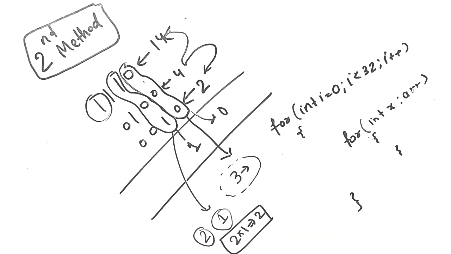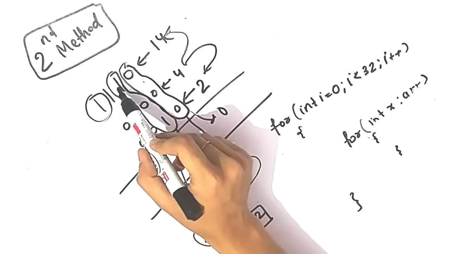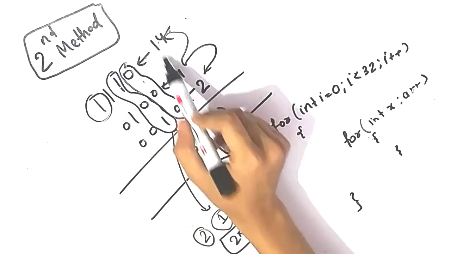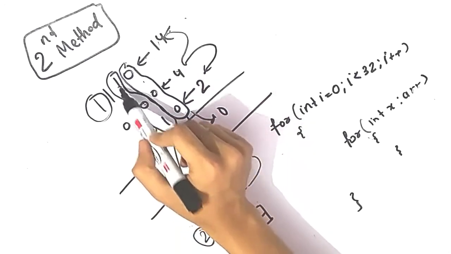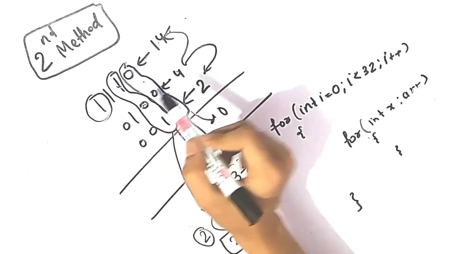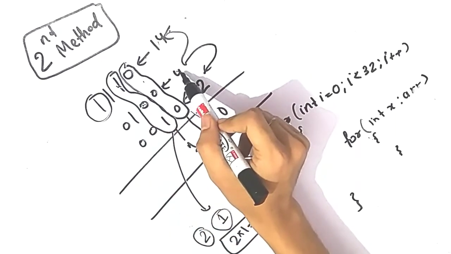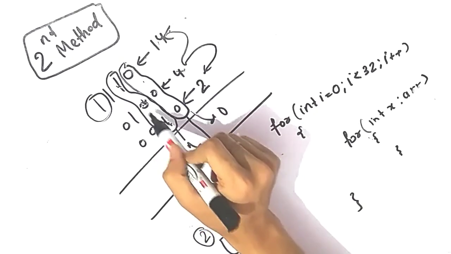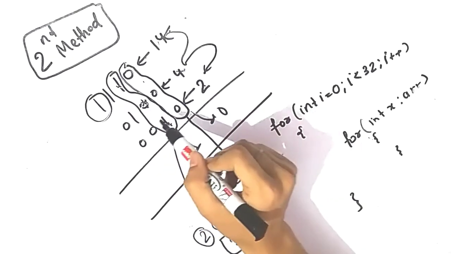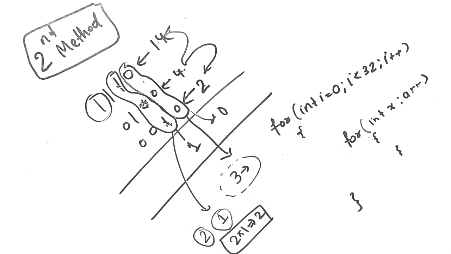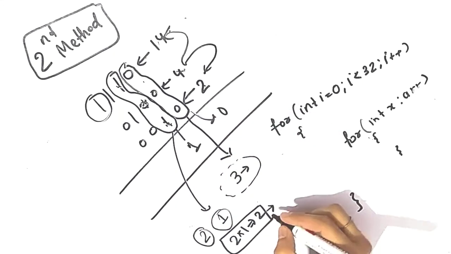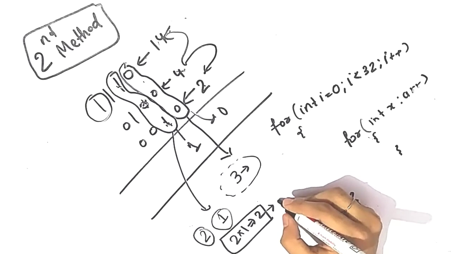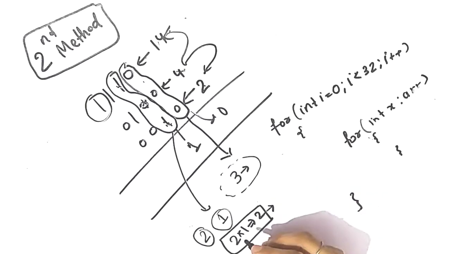How does this work? Let's say we have to find the Hamming distance between 14 and 4. The Hamming distance between 14 and 4 will be 1. Now try to find it between 4 and 2. The Hamming distance between 4 and 2 will be 1. So the total Hamming distance will be the count of zeros and ones multiplied with each other.